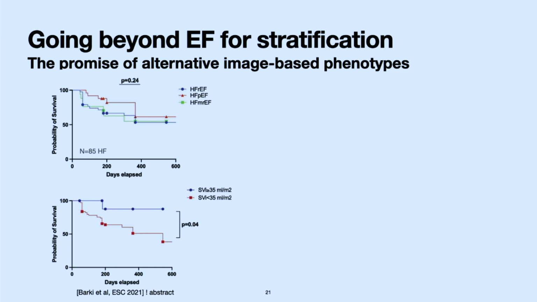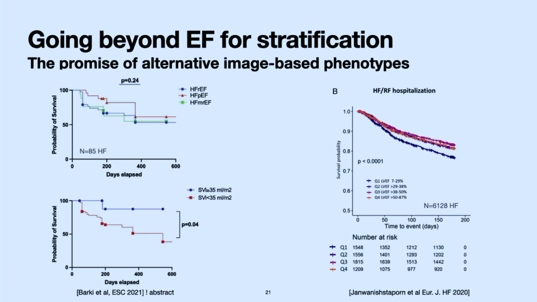To counteract the first part, this is a much larger study that did find differentiated survival based on ejection fraction alone, right? But the nice thing about the left one is you have very tiny number of patients and you can find still a difference, right? So the effect size on the left is much bigger than on the right, but not to say that ejection fraction is completely unpredictable of survival.